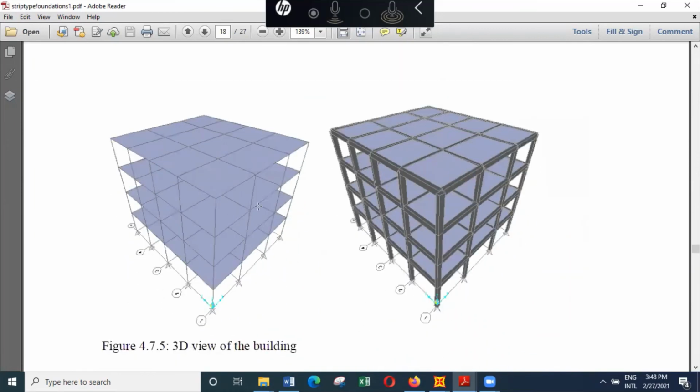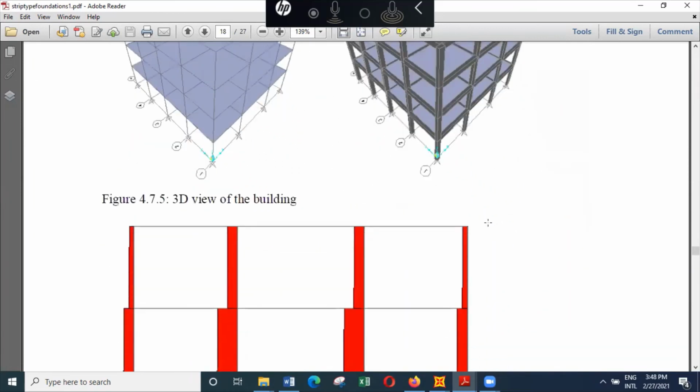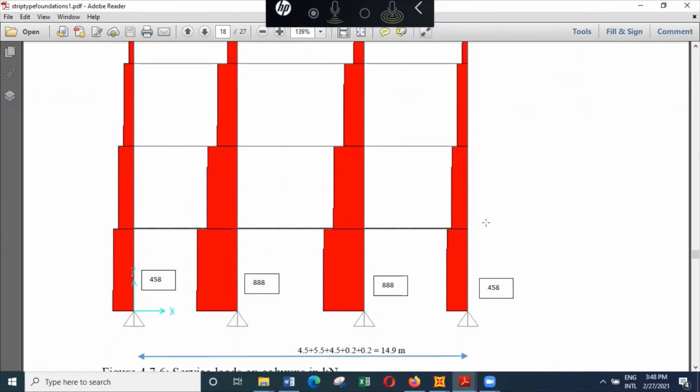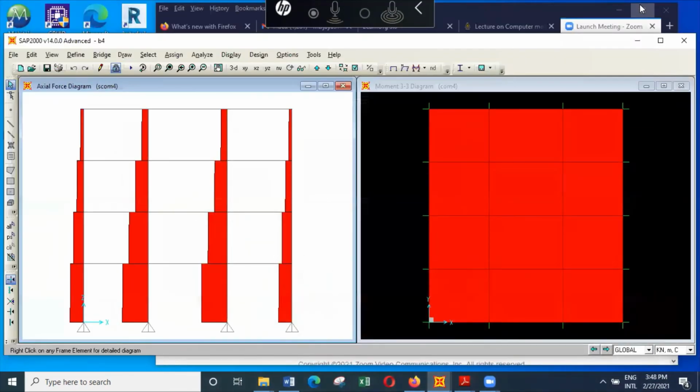And then getting a model like this, 3D view, and the forces, 458, 488, 488, and so on. So those are the forces, but I think I might have to do a small change here, and that is I might have to be consistent, 460,